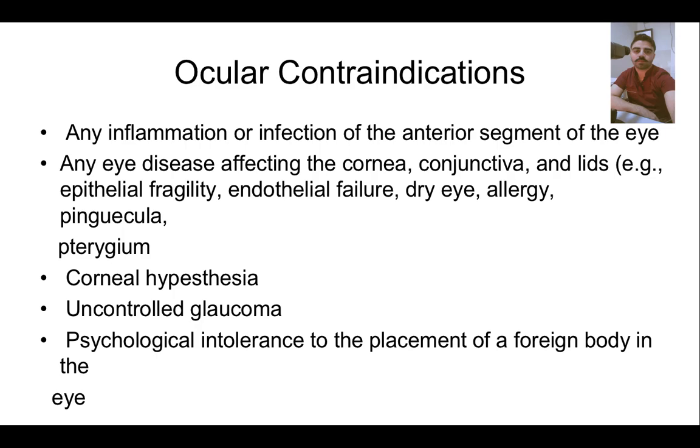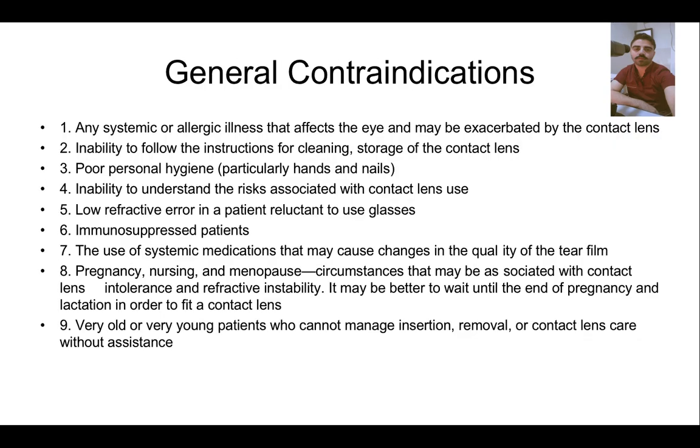Then, a psychological intolerance to the placement of a foreign body in the eye. Basically, a contact lens itself is a foreign body. If someone has a psychological intolerance and is more resistant or more sensitive to a foreign body, obviously he will not adjust to any sort of contact lens. So this sort of patient will also not be suitable, and thus it is a major contraindication for contact lens use. Moving on, we have some general contraindications in which there is some general body problem